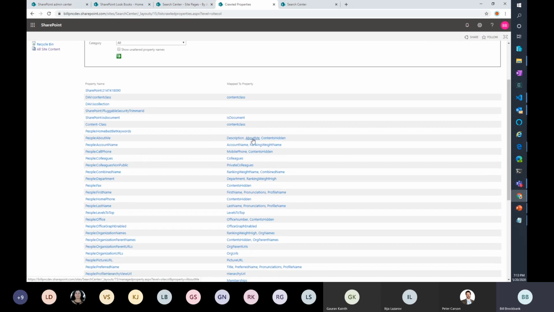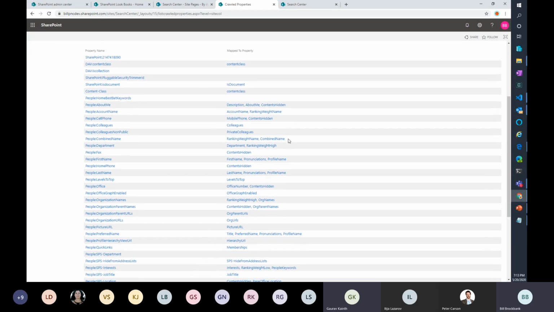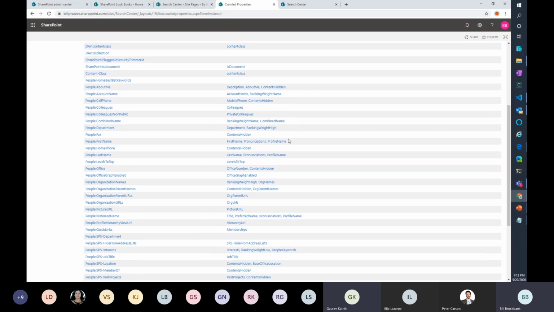The reason is that each of these properties has a different set of metadata settings, whether it's retrievable, searchable, queryable, those types of things. And that's all part of learning how to use search, no matter which version of search we're working with.